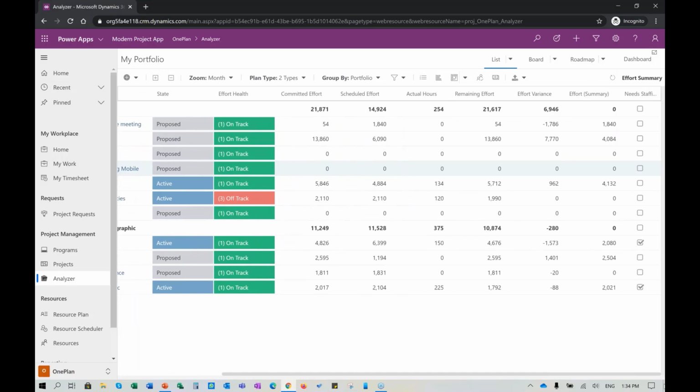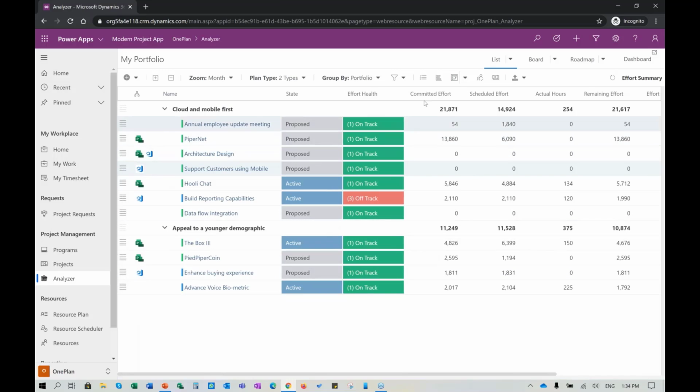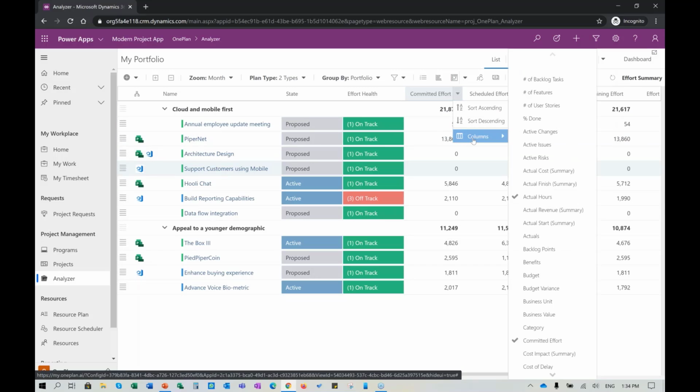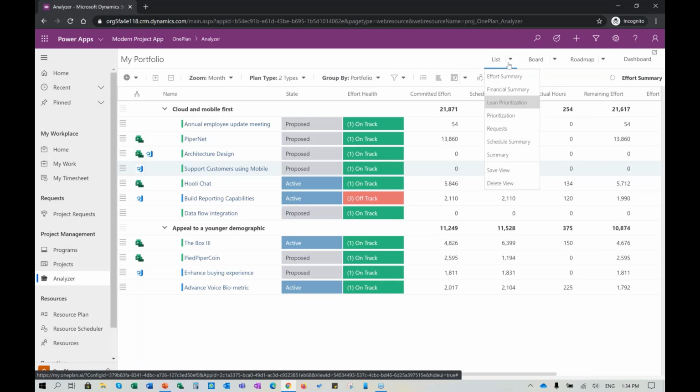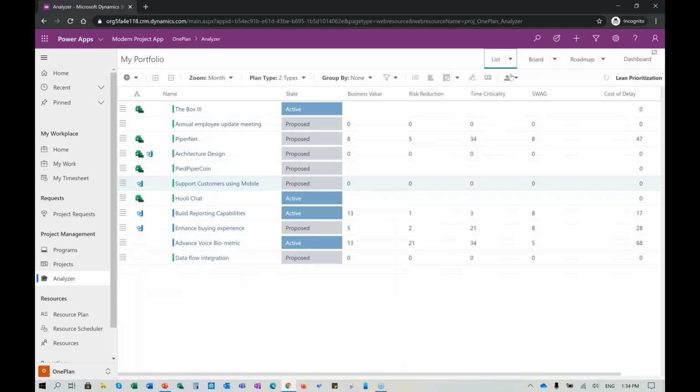In terms of being able to add a new view or create a new view, it's just as easy as coming in, adding an additional column, and then saving my view. So again, very easy to manage the application. I'm going to go real quick here to my prioritization view. Select the lean prioritization because we do support lean prioritization if you're interested in doing